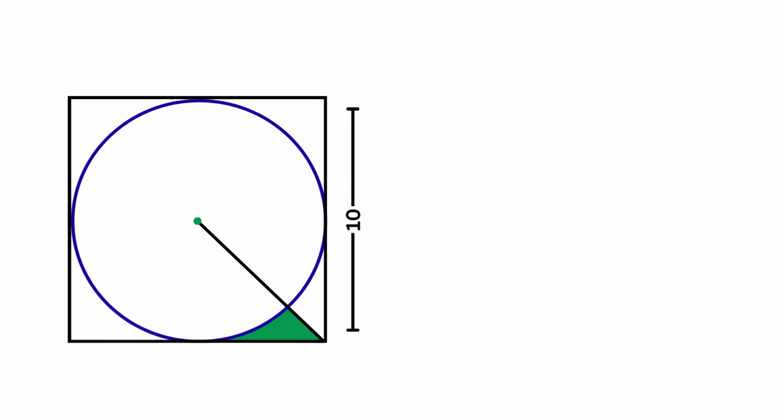Okay, to find the area, first of all, we need the radius of the circle. When a circle is inscribed inside a square and touches all four sides, this means the diameter of the circle is exactly equal to the side of the square. We know that the side of the square is 10 units, so its diameter is also 10 units. Now, we are going to find the radius of the circle. We know that the radius is half the diameter, so the radius of this circle is 10 divided by 2,